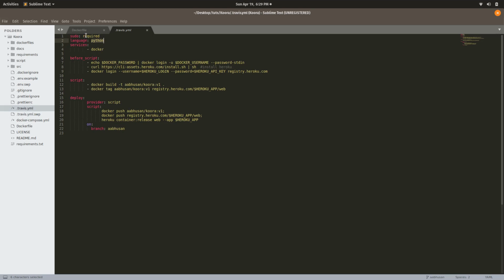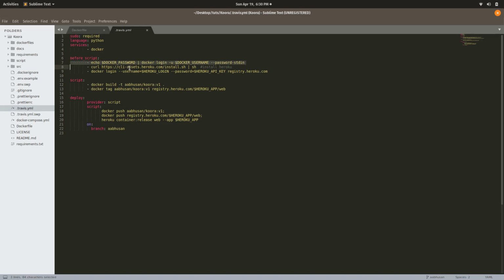And we are giving a sudo permission to the Travis virtual machine, and we are using a service named Docker. It will start a Docker service. And here in a before script, what we have done is that we have logged into our Docker Hub with this command.